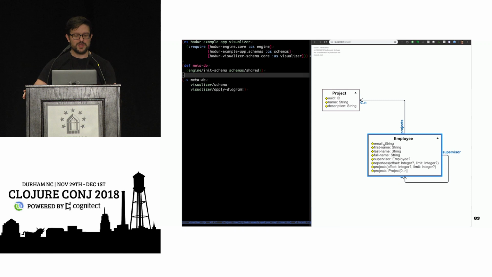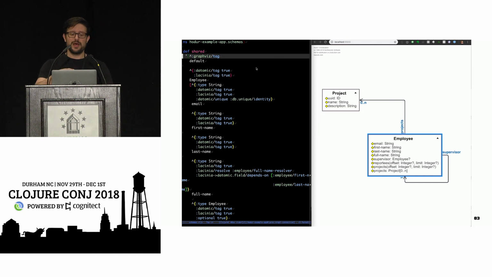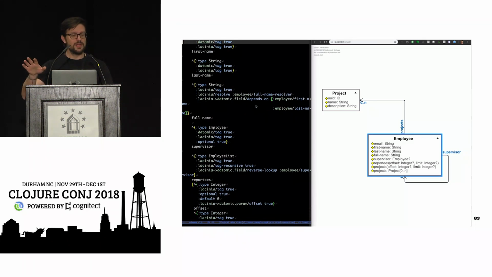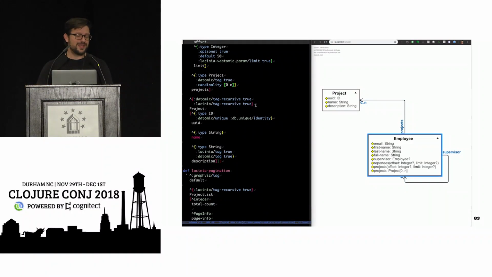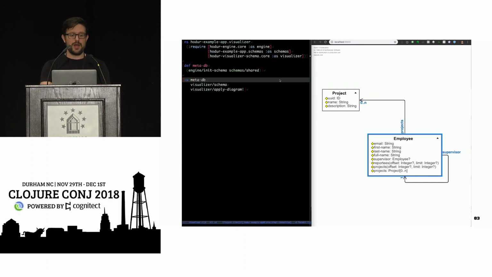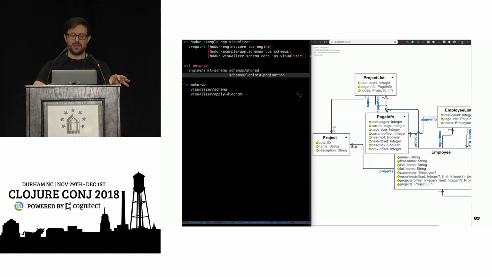I did extend a few more things here, so I'm adding some pagination entities there. They are a little bit more evolved. They are called reportees. Yeah, I have also a reverse query just to make it harder. I also broke down my domain model on a separate file that I called schemas, and I have all those things listed here. And as you can see, of course, it took me a while to build this file, but here I have all the markers of everything I need for my model, and then I'm going to be adding them slowly but surely. I have the basic employee and project, and I'm going to add first all the pagination stuff